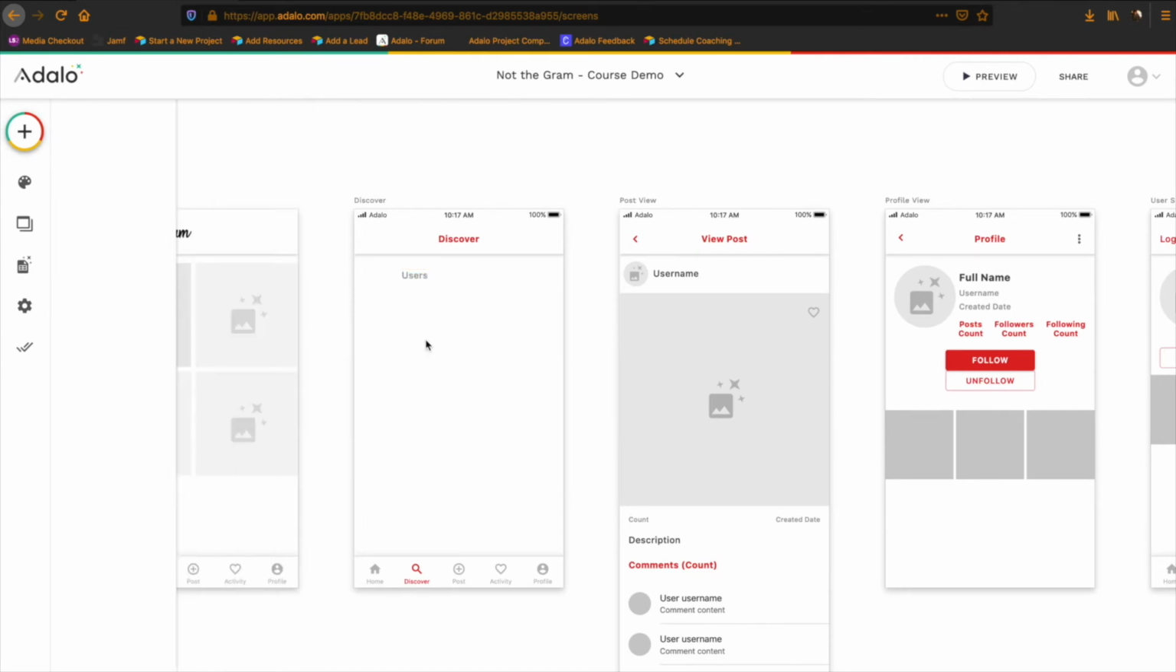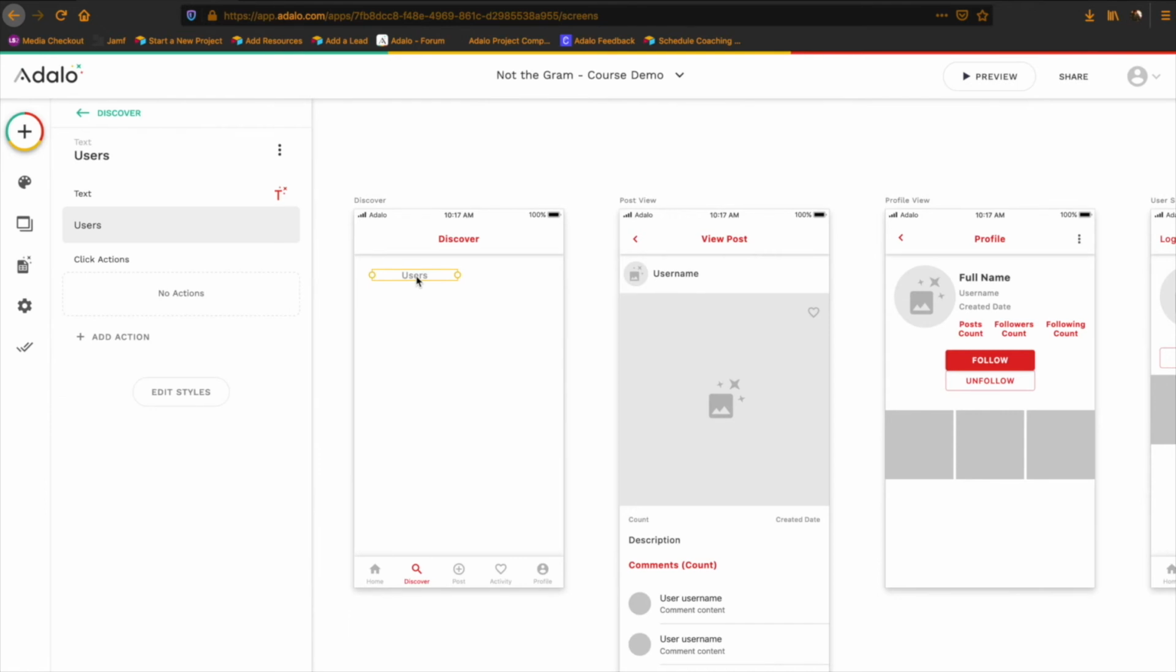All right, and I'm just going to create a copy of this and make sure that the edges of this are touching, or the ends of this are touching, I guess. And we're going to call this one posts, right? And let's go ahead and